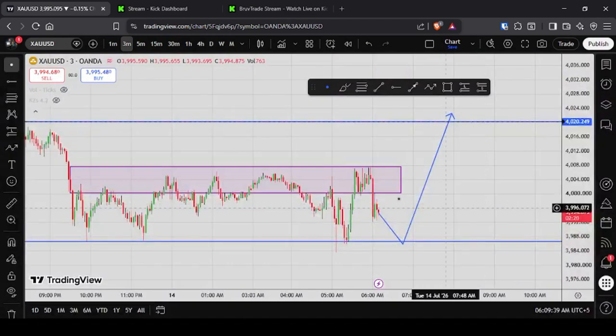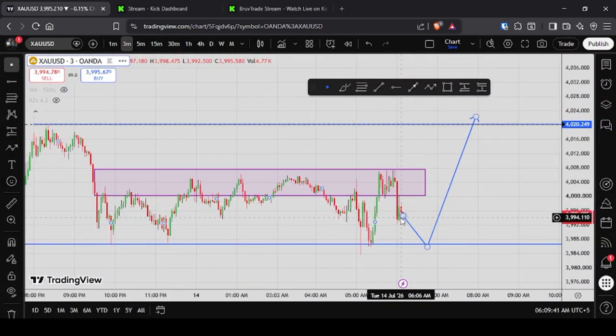So yes, that is why we have marked. What do you think, Blue? In my opinion, I think it is going to take out here from there to there because the market has not closed above the consolidation high. So it does not have high chances to just shoot upwards from here. It is going to take down here and then go up. Yes, I think you're absolutely right, and I agree with you. Price will first take the low and then will shoot up.